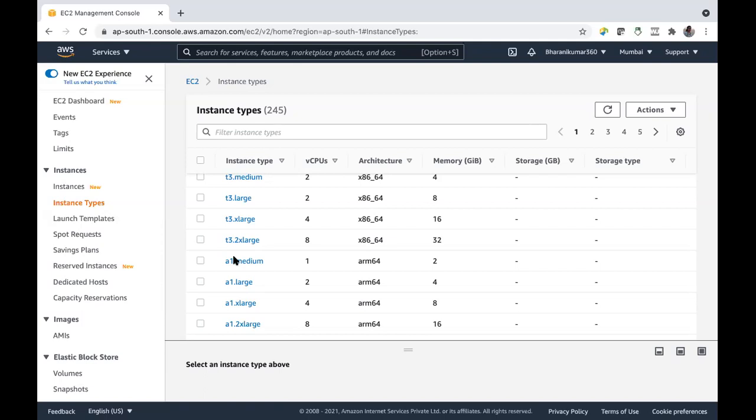Everything will be in balance, equal. So they also provide high performance. A1, T2 and M4 are general purpose.